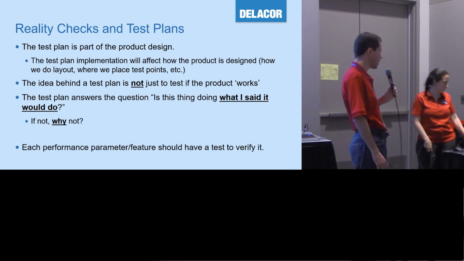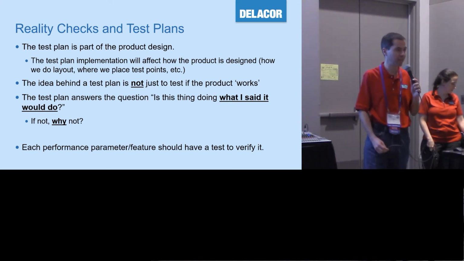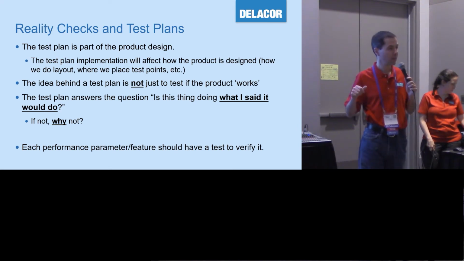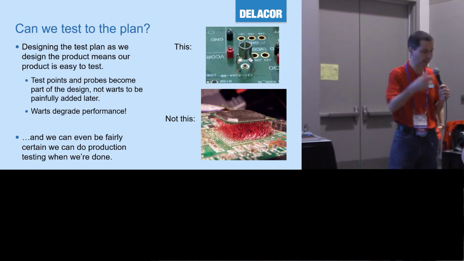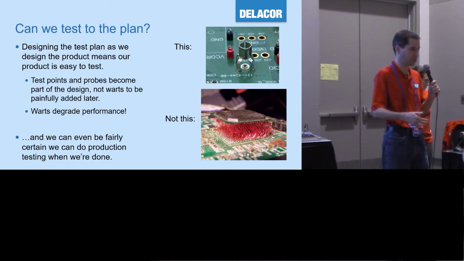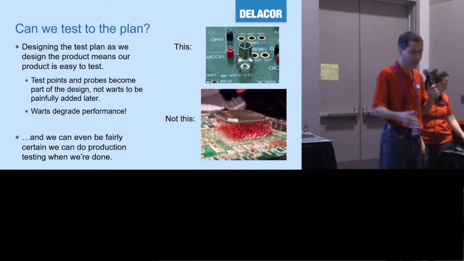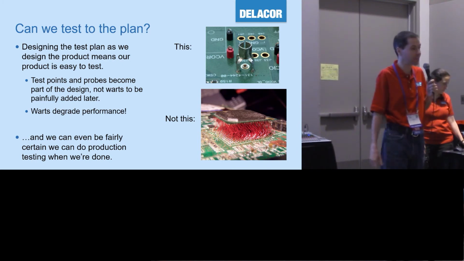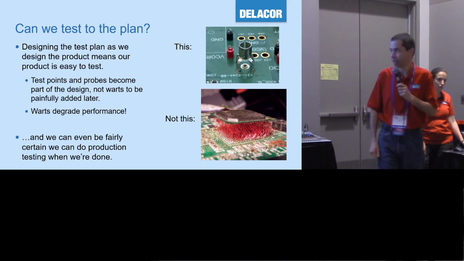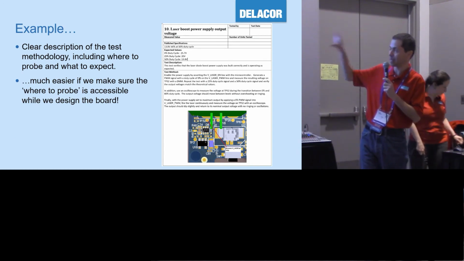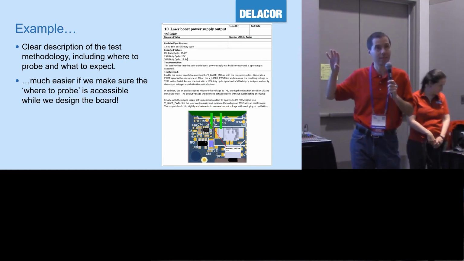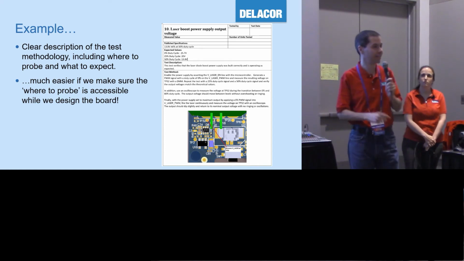For example, ADCs are typically advertised as no missing codes, right? And you can test for that on the bench to make sure you didn't just royally screw it up. But once you've said, yes, this design has no missing codes, you don't have to test that in manufacturing. That's a test that might take you 5 minutes. So it's a matter of deciding: is my design guaranteed by design, right?